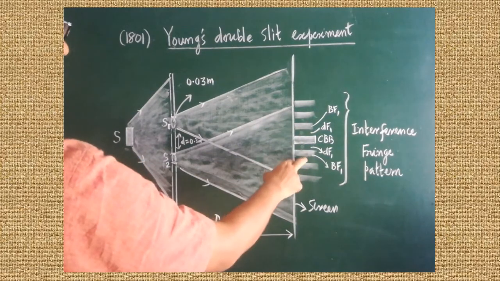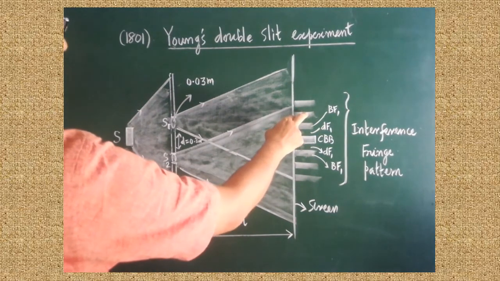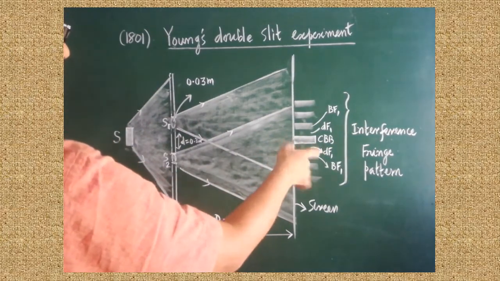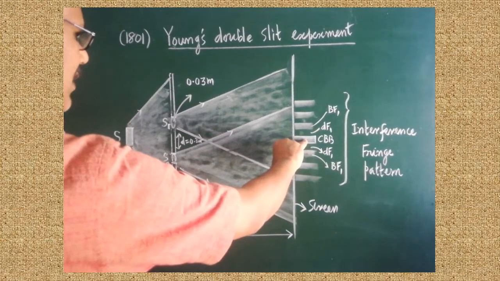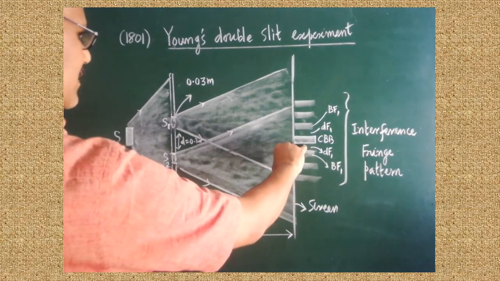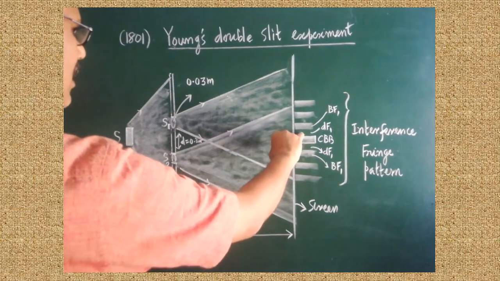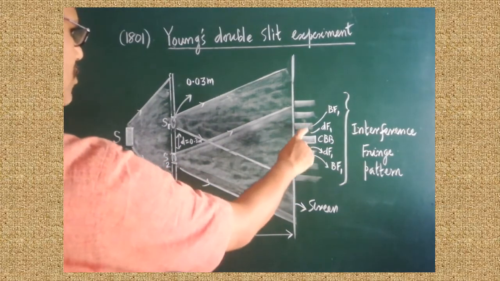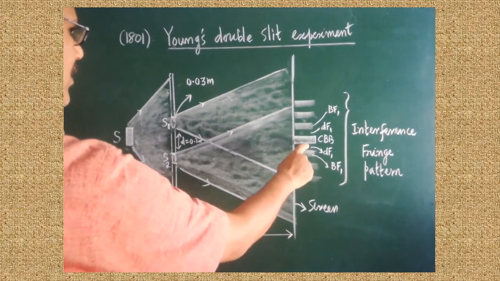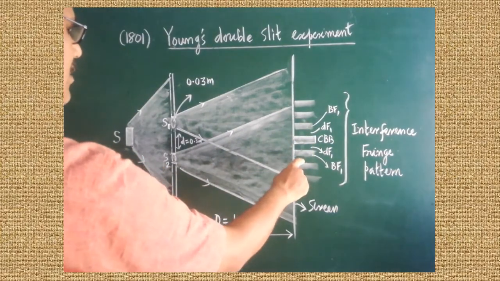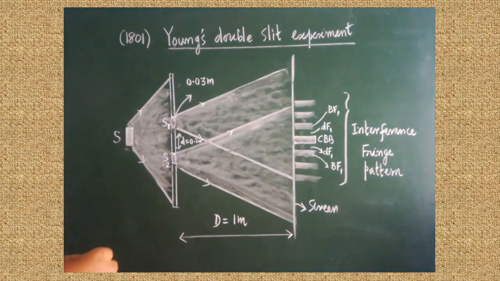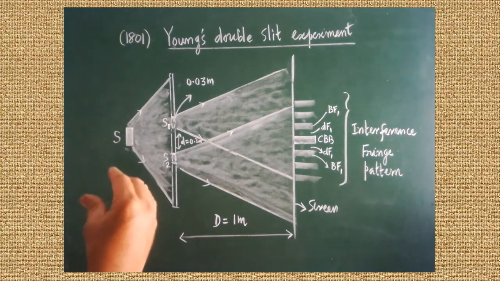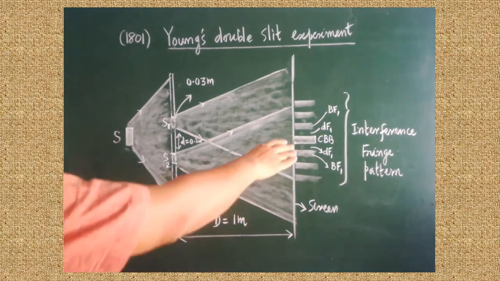This is called the second maxima. Are you clear? I will explain again. This is called the central maxima. This is called the first minima; these two are called first minima. This is called the first maxima; these two are called first maxima. This is called the second minima. Like that we can name them. So a set of dark fringes and bright fringes can be seen on the surface of the screen.